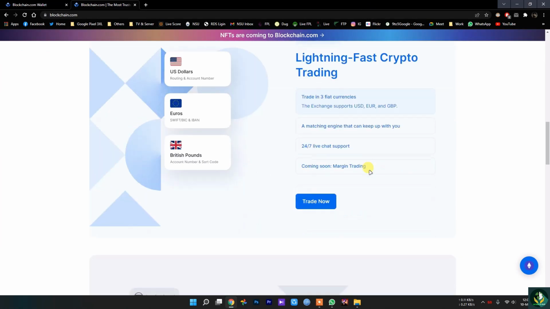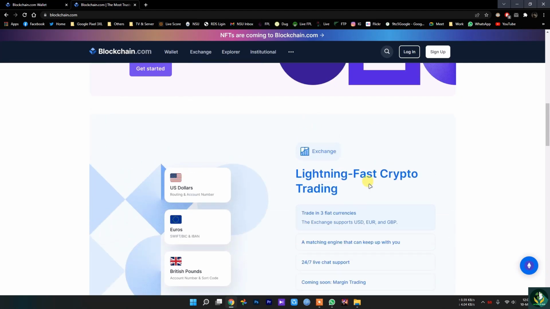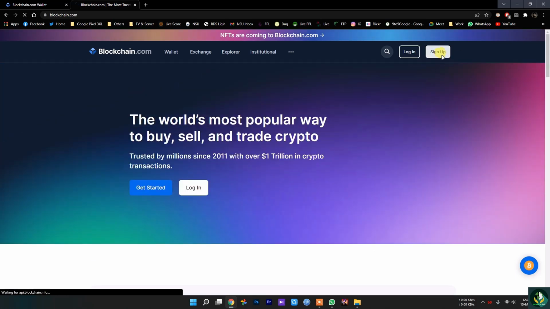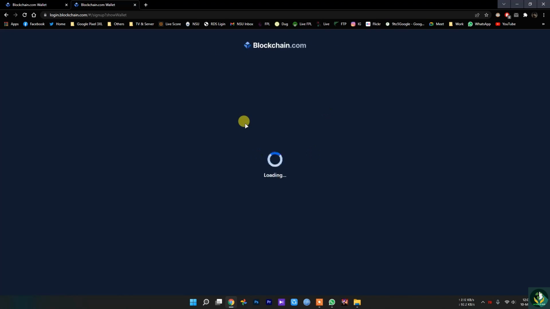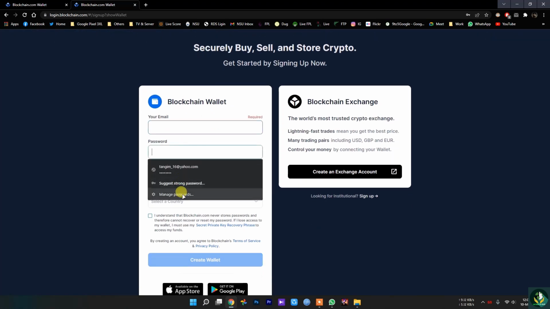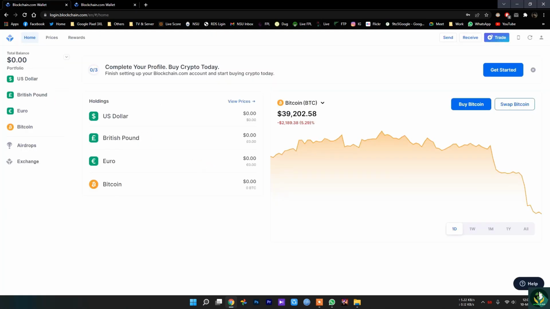As you can see in here, it's a nice website, and it also gives you a couple of main ideas. It works simply, and all you have to do is hit the free Bitcoin wallet, click this, and you can sign up for a free Blockchain wallet. Just enter email address, password, and country, and you're done. You don't need to do anything else. After that you will have a page like this.